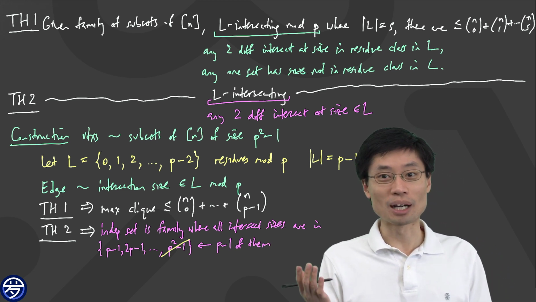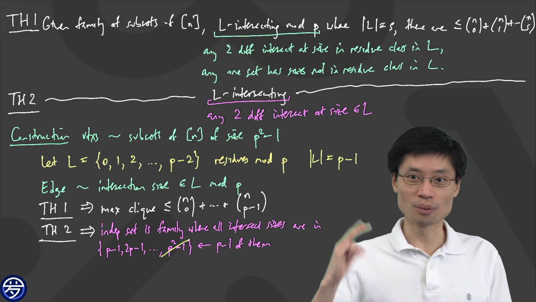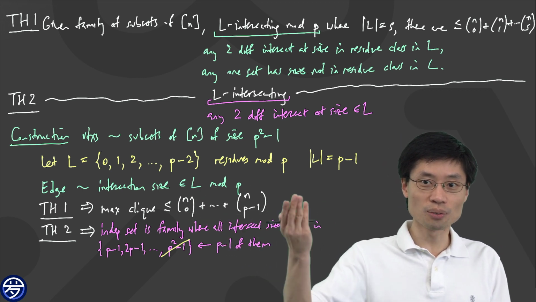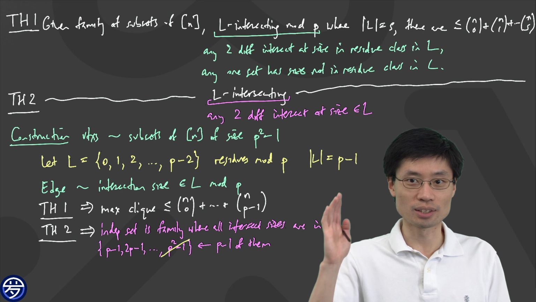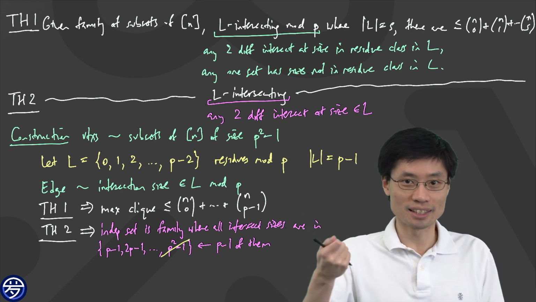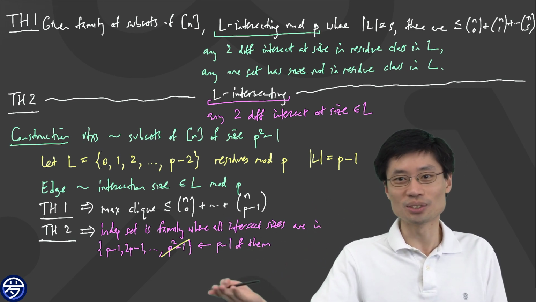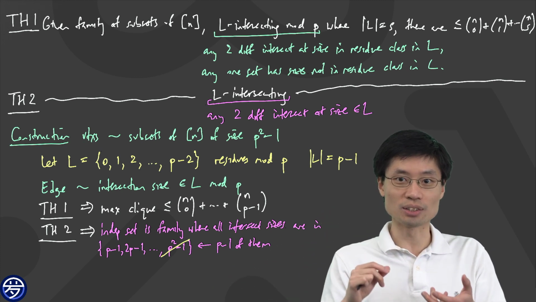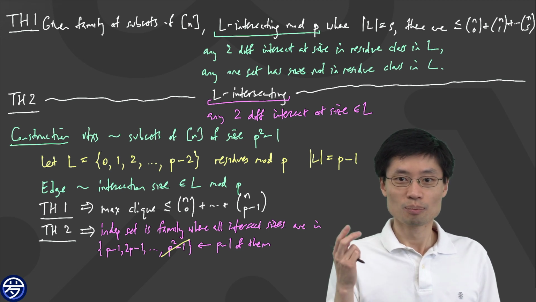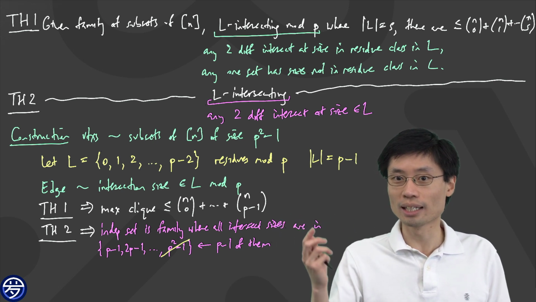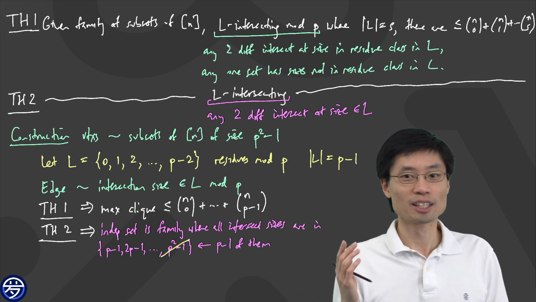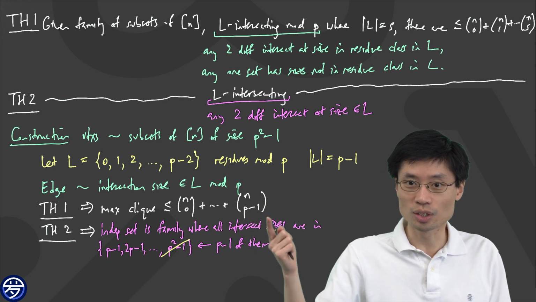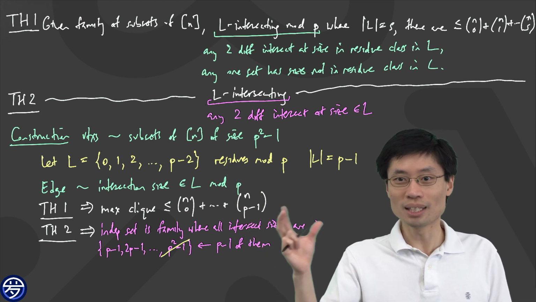And with that, you see the power of the Frankl-Wilson theorem. It's because on the one side, in order to use the modular one, you just need to make sure that your set size itself is not in that residue class. Otherwise, you can just use the other version, where you don't have the restriction of avoiding the residue class, but you still get a bound. And when you look at this, you should also see why the modular version is so interesting. The modular version effectively lets us do the non-modular version about p times as effectively.